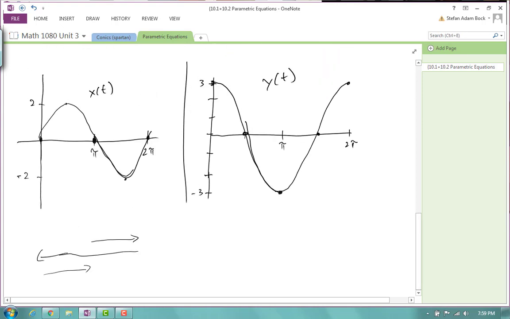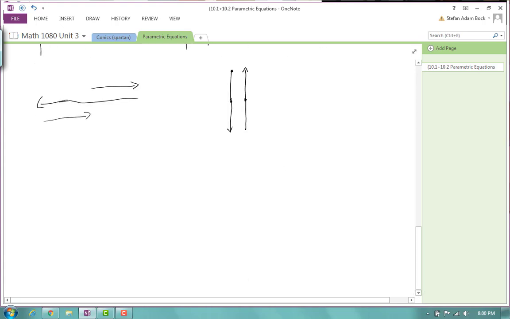My y values start at a maximum of 3, they go down to 0, down to -3, and then back up to where I started. And these are happening at the same time. So if I try to trace out based on these funky arrows I just drew, I should expect